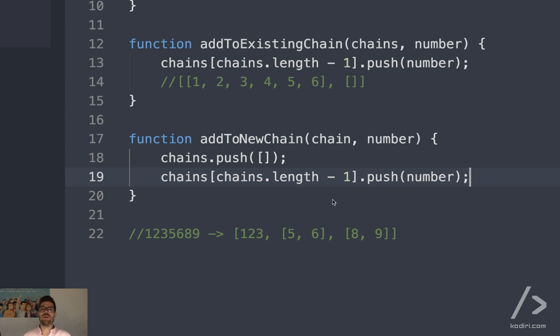We can do that again, right? We can say, okay, point to the last element of the array, which is that element that we just added, and then push the new number, right? So we are adding 8, for example, here. And we're putting just one line with number in the square bracket. Say it again? We're just having one line for adding new to chain, with the push just having number in the square